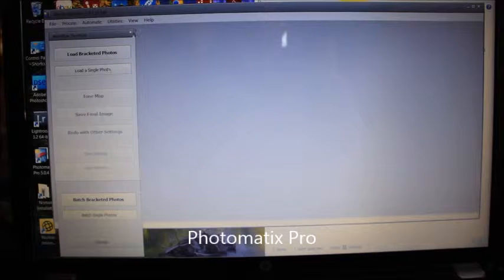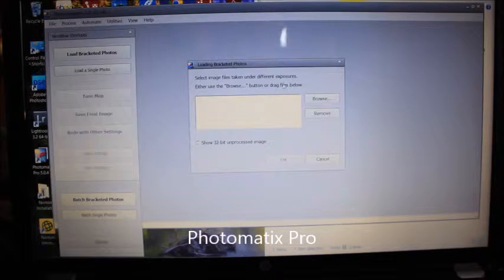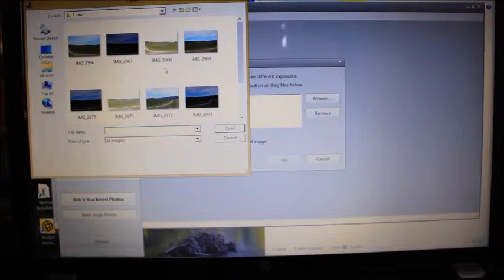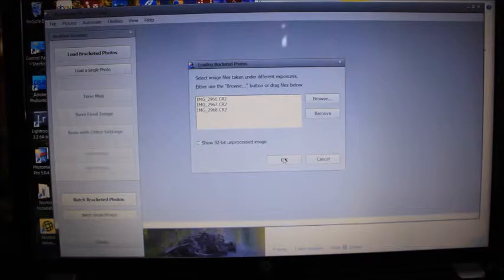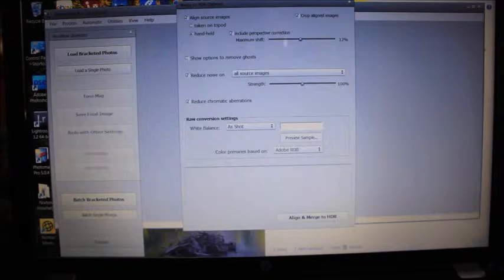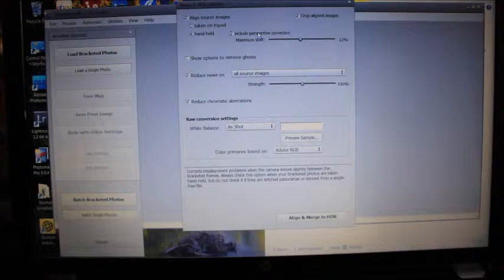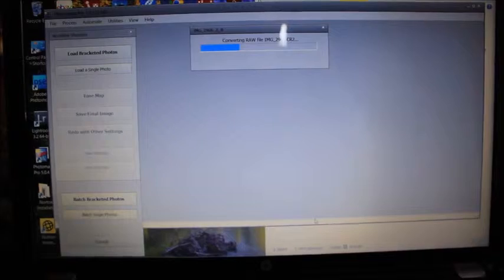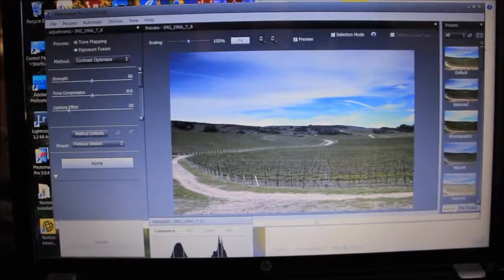Okay, to get each of the HDR images, you're going to use a program called Photomatix Pro. You're going to go to this load bracketed photos up in the corner. You're going to load the first 3 that you want to do. Click that. You're going to click OK. And pretty much the settings that come up here are going to be basically just default. Reduce noise on source images. Make sure you're aligning. I like to check the box that says handheld, just so it corrects any shaking if need be. And just process, let it do its thing, and you're going to have this image here,